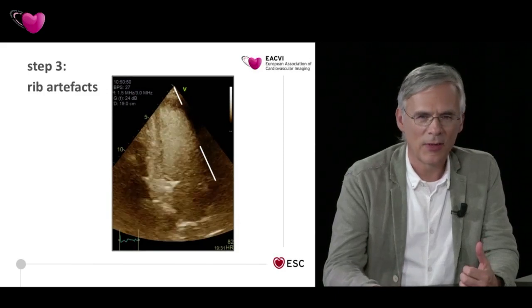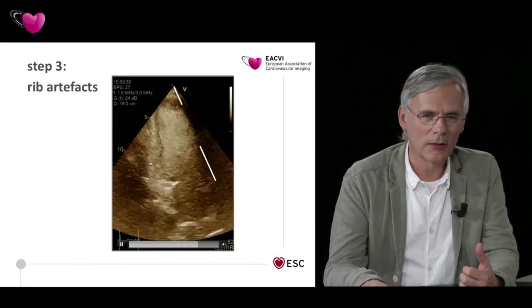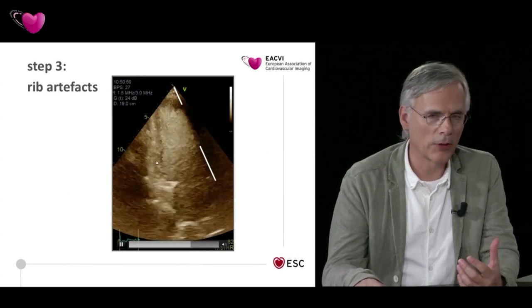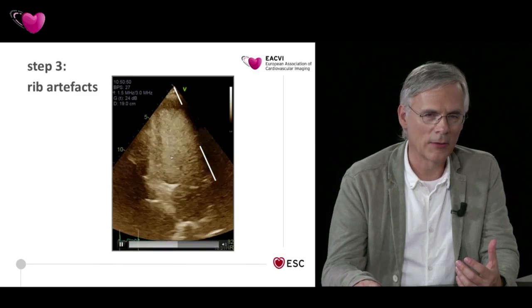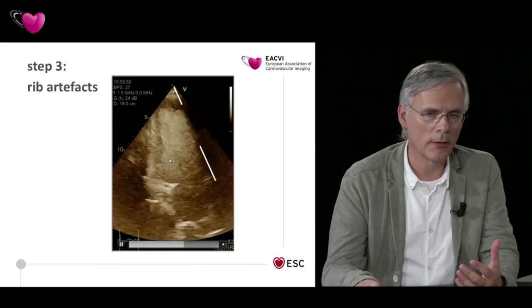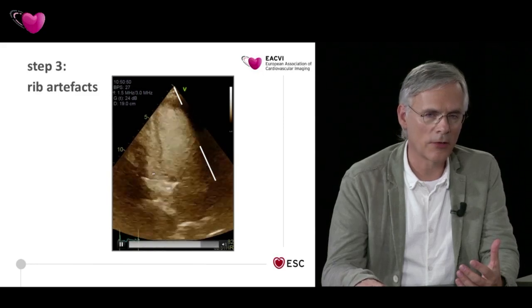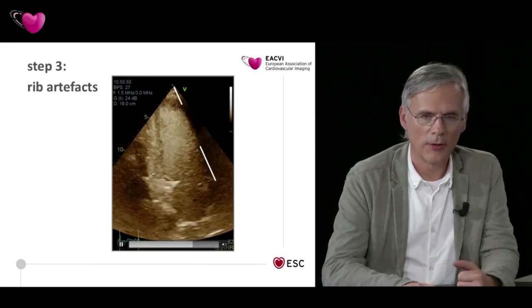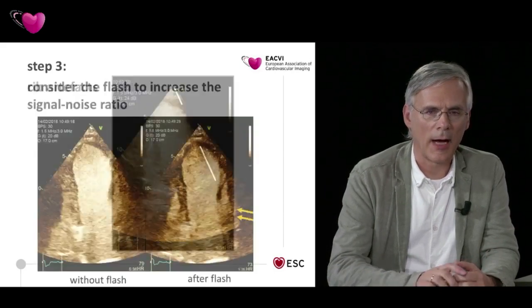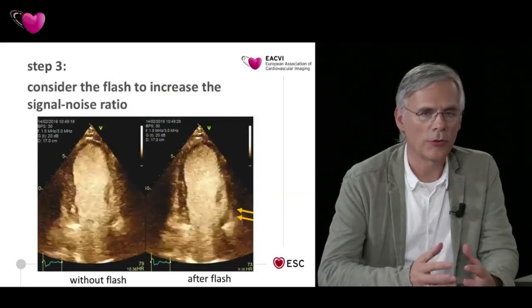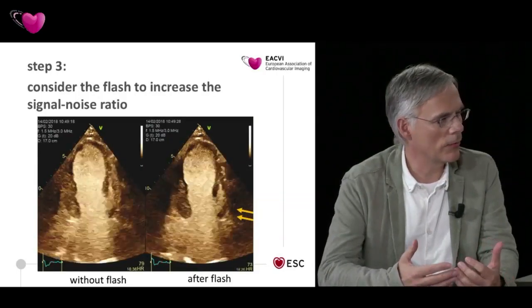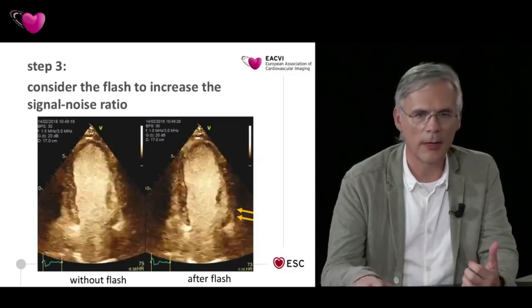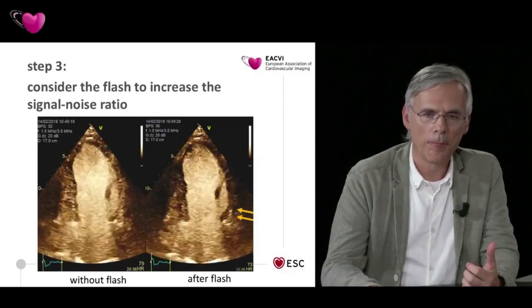And this results in strong contrast signals from the microcirculation, for example in this area here. And the signal to noise ratio between cavity and microcirculation is not very good. In this situation, the guidelines recommend to use a flash. A flash is a sequence of 3 to 5 frames with a high mechanical index. And I